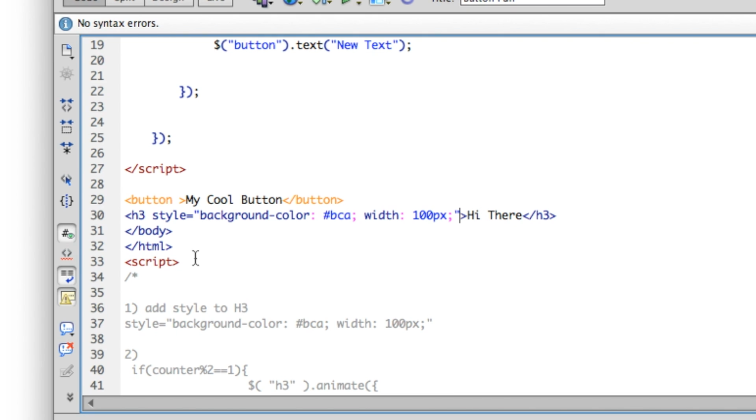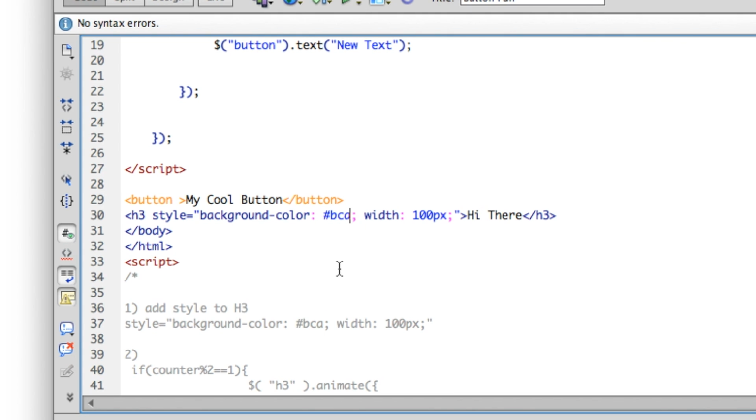You could have a separate .css file, or you can do inline styling, which I like to do from time to time for a quick, easy update to your div or your tag. In this instance, we are declaring a style, and we're saying we want to change the background